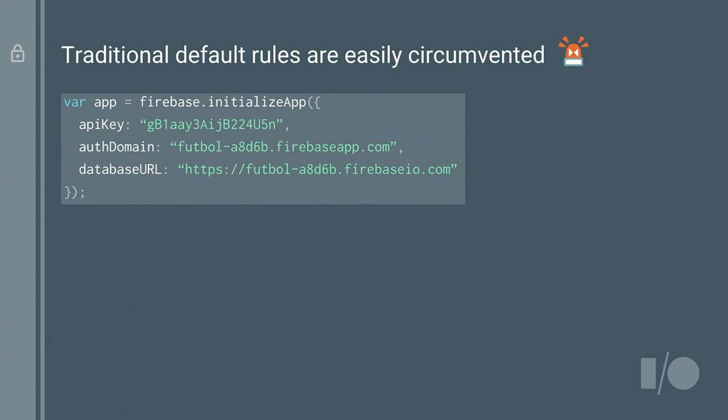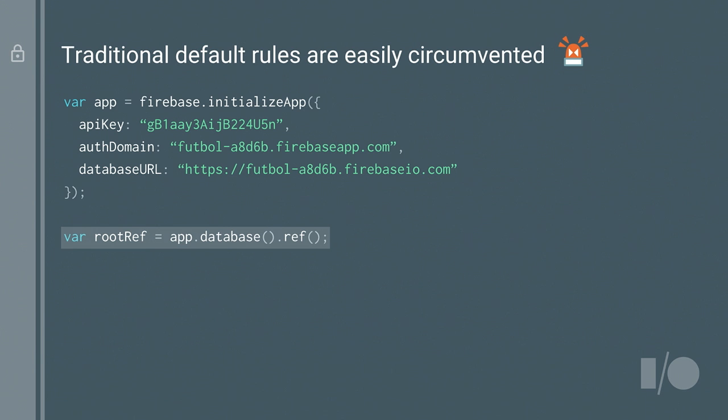They can easily circumvent the rules by writing just a few lines of code. This is using the brand new Firebase 3.0 SDK. For those who are familiar with the real-time database, you used to do new Firebase and pass your database URL. Now you're going to call firebase.initializeApp. You pass your API key, an auth domain to do authentication, and the database URL, which is where you're going to store your data. Once you have an instance of an app, you can get a database instance and then call .ref on that. That's going to give you a reference, a pointer to your data stored in your Firebase real-time database. We won't actually pull any data down yet, but we can do that